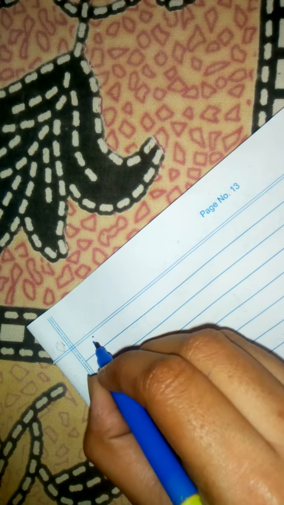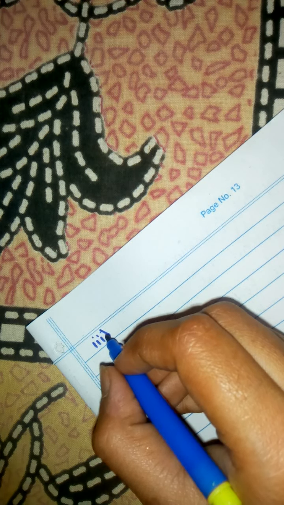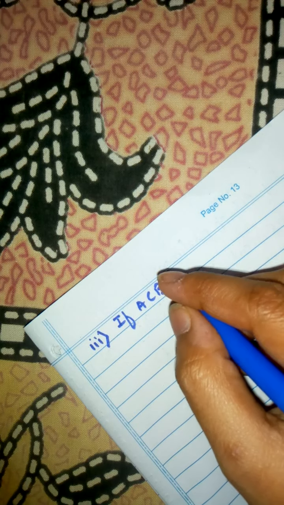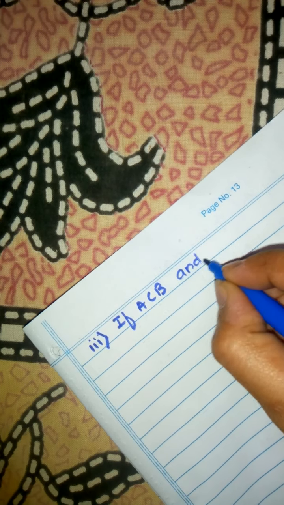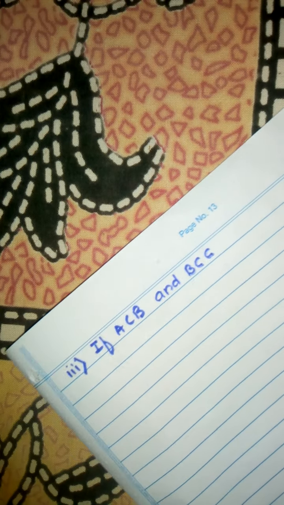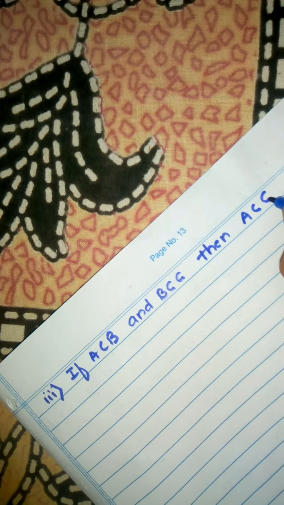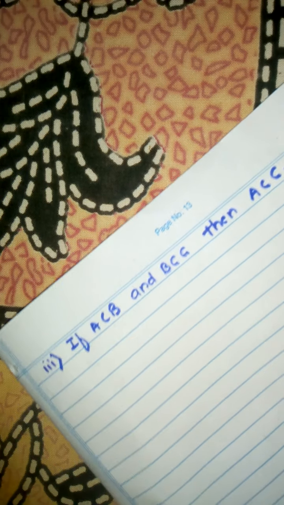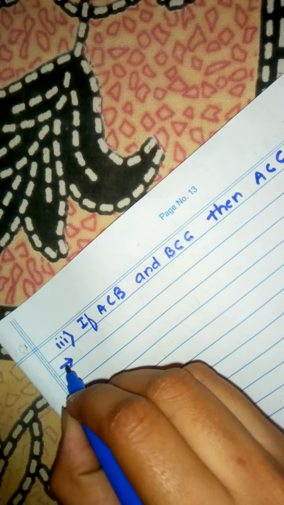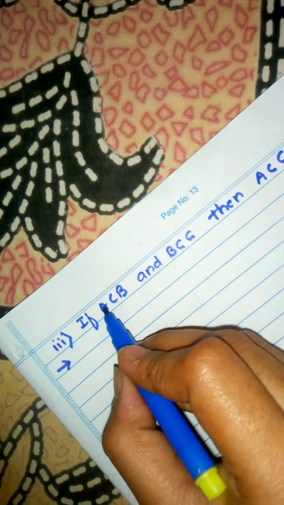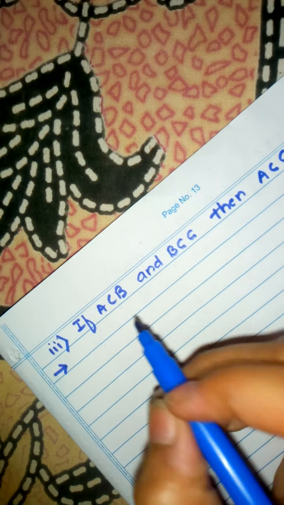So now in this video we will solve question number 2, and under that, question number 3. Okay, so now question number 3 says that if A is a subset of B, and B is a subset of C, then we have to show that A is a subset of C. First we will take an example and see. We have to take such sets so that they become subsets as shown here.